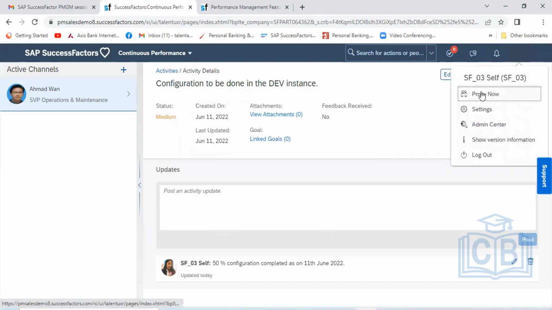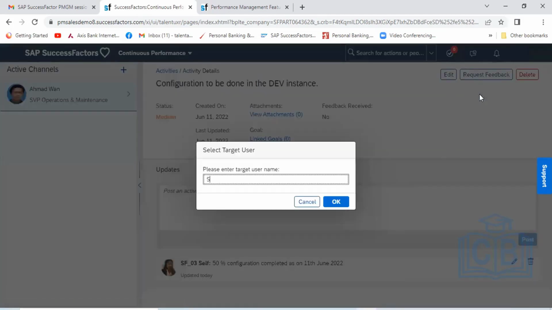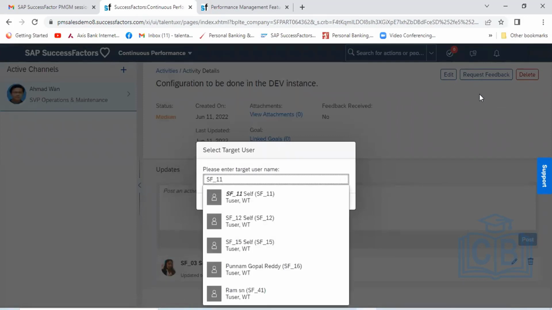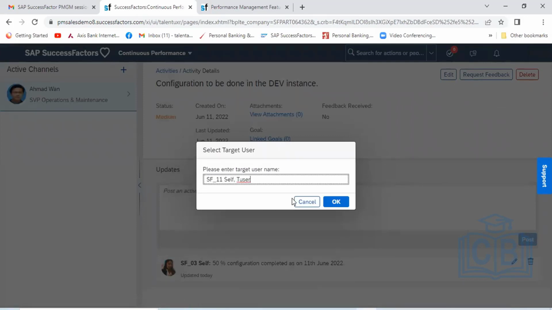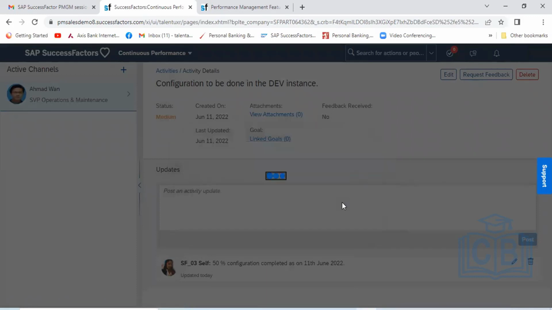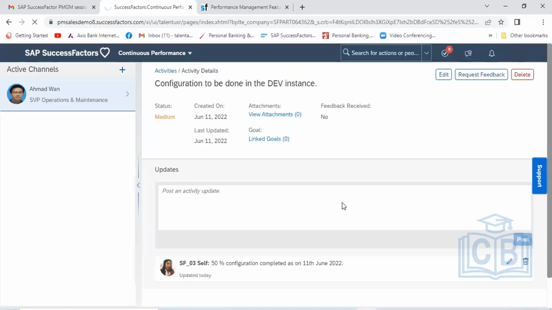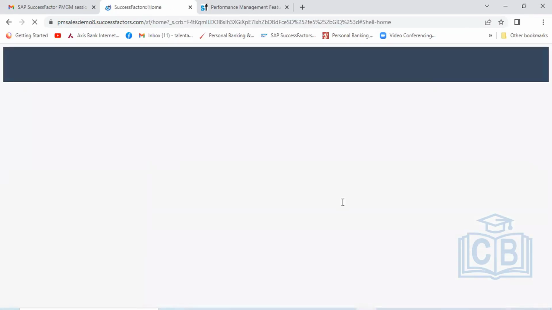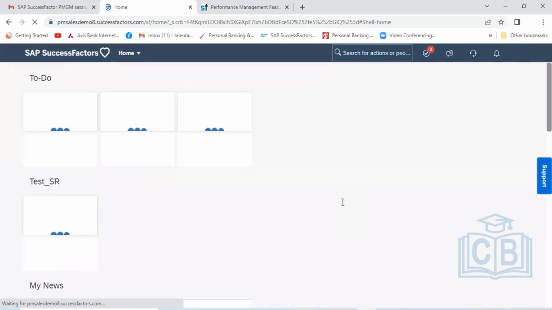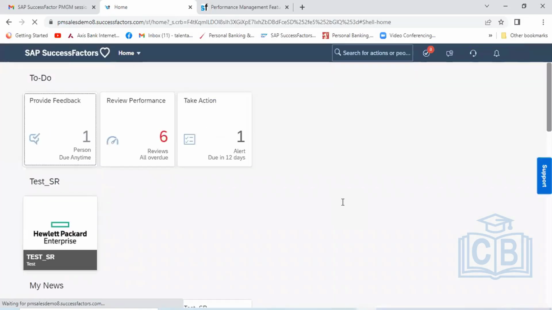Now how can the other user go and check? You go here, proxy to sf underscore 11, select here, click on OK. Once you click on OK, you can see here in the to-do list, provide feedback.